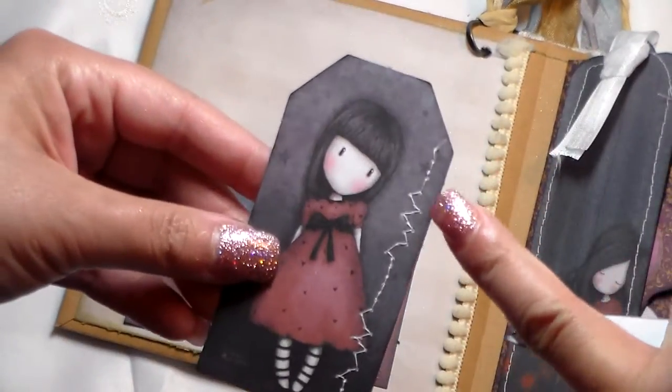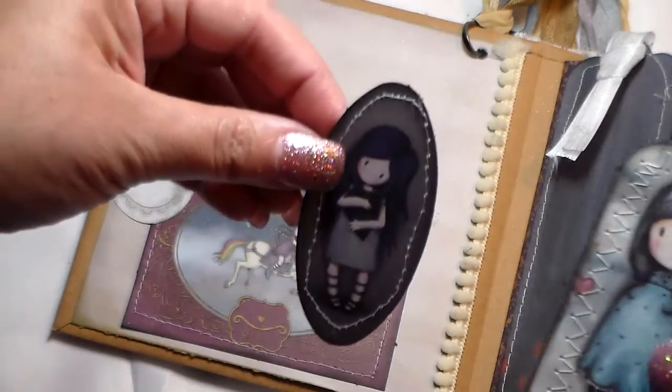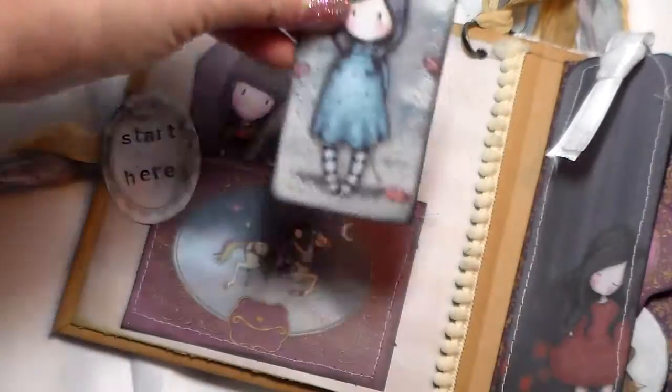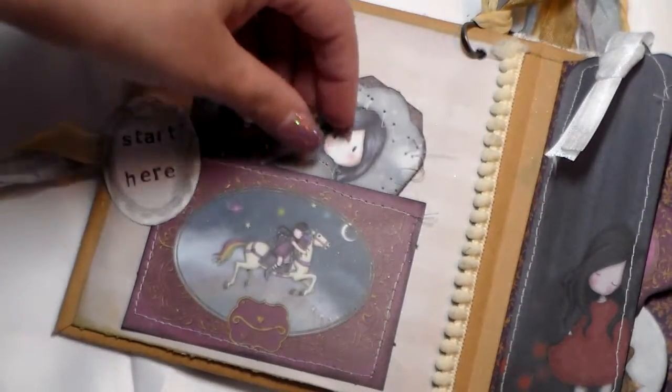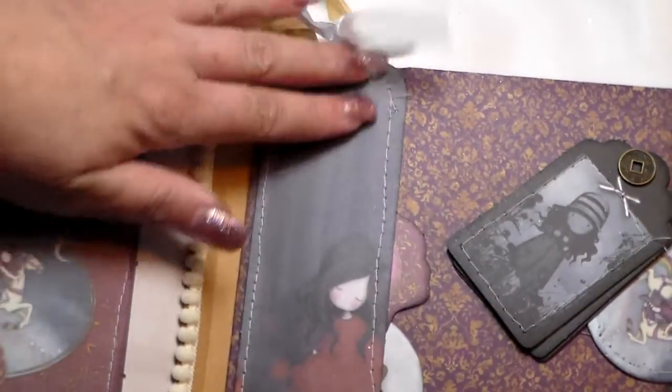So this one, I liked it because it looks kind of like a heartbeat on a heartbeat monitor. And then I just went around it, and here's zigzag. So start here, and then you go to that's page 1, and then here's page 2. So this tag was already pre-punched from the collection,